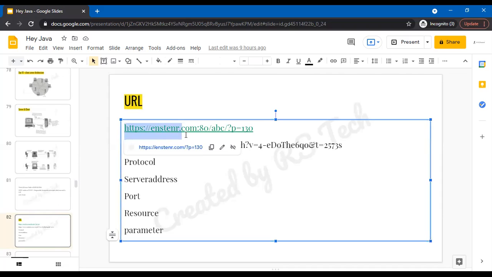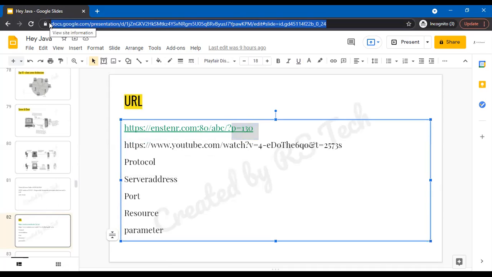So URL, first is the protocol. Next is the DNS. This is a port. This is the resources, and this is the parameter. So a single URL, when you see at the top, you can see that I'm highlighting it, has a lock. This is HTTPS, shown as a lock, and this is a domain name.